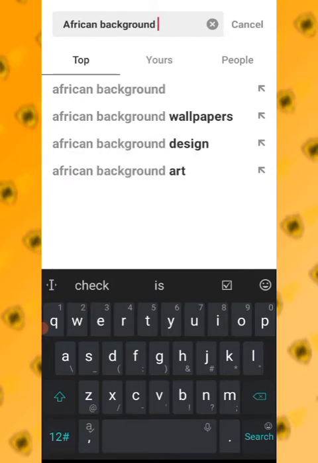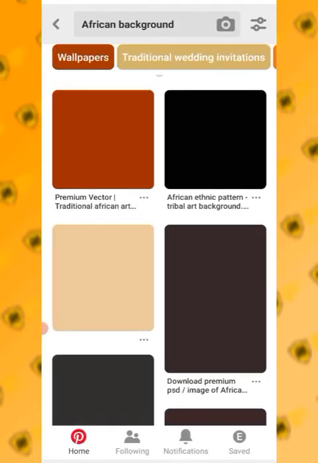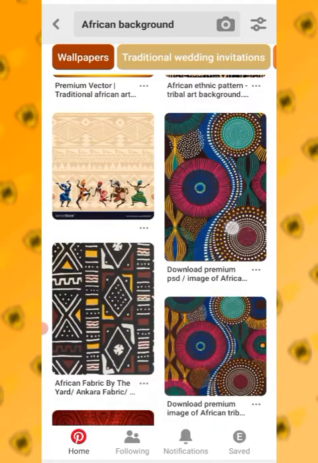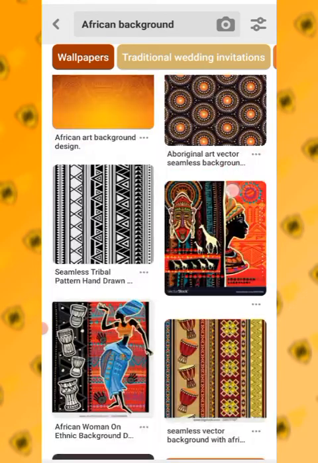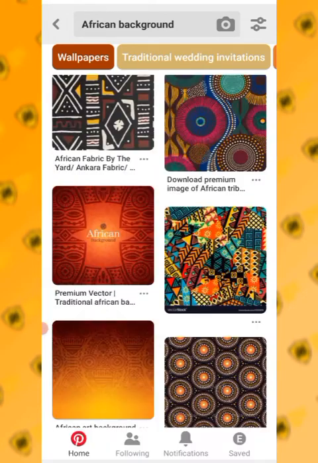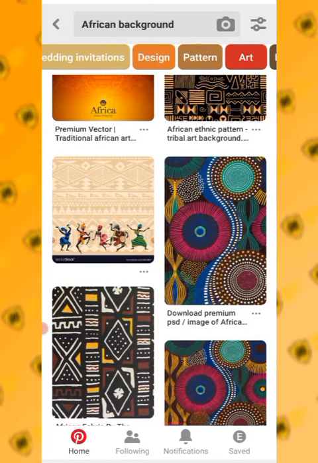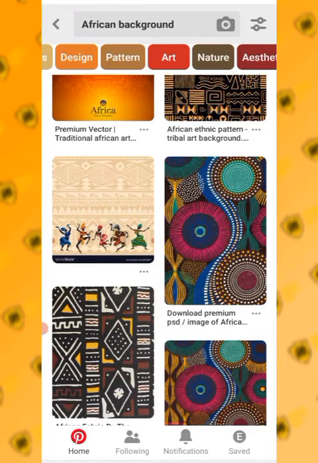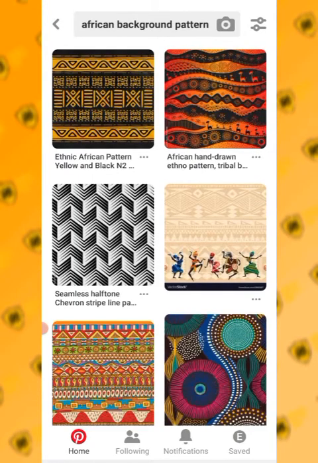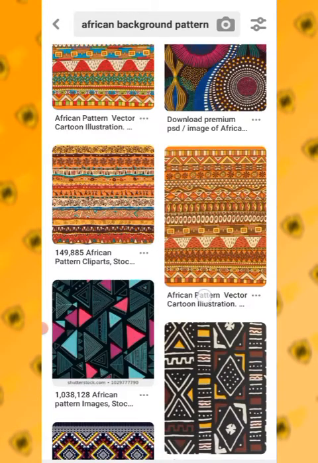Let's say I have African background, so I just click on search. First place. Now as you can see, now I have different backgrounds here. So I can just quickly search here. You can see wallpapers, traditional wedding invitation, design, pattern, art, and all. So if I click on pattern now, I'll see different patterns that I can actually use depending on what I